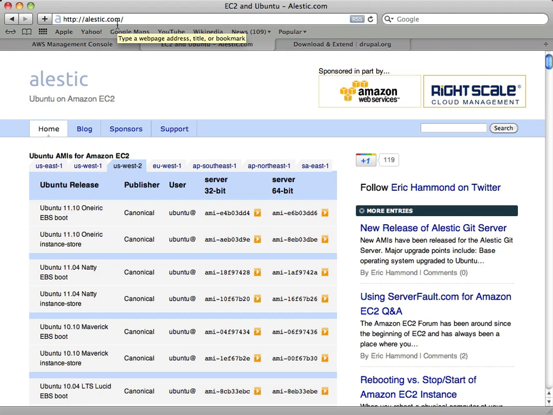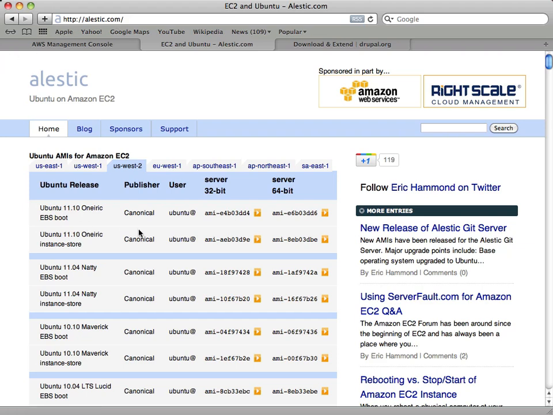Eric Hammond has done a lot of early work. He's a guy in SoCal who was the former CTO of Rent.com. He did a lot of early work when Amazon came out to package Ubuntu server for Amazon. Eventually, Canonical, the company that owns Ubuntu, took it over, but he still is involved in all the builds.